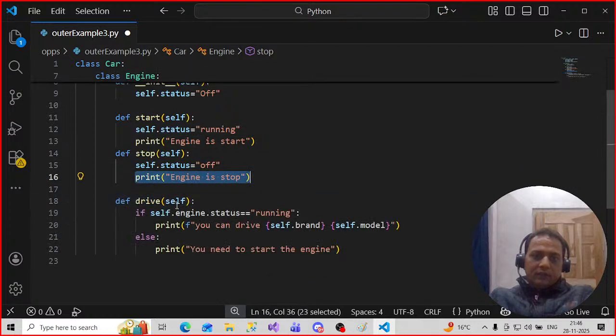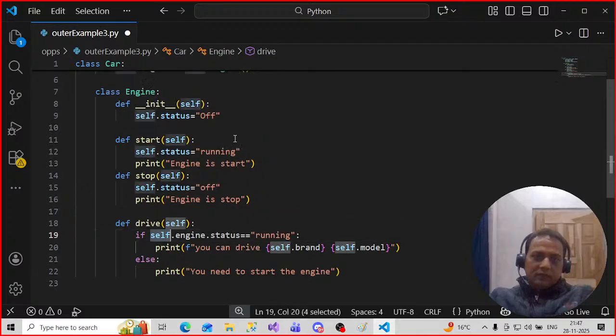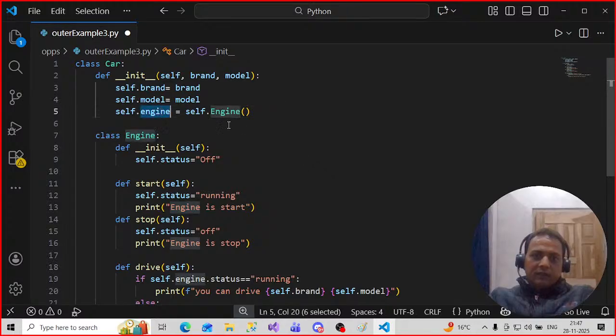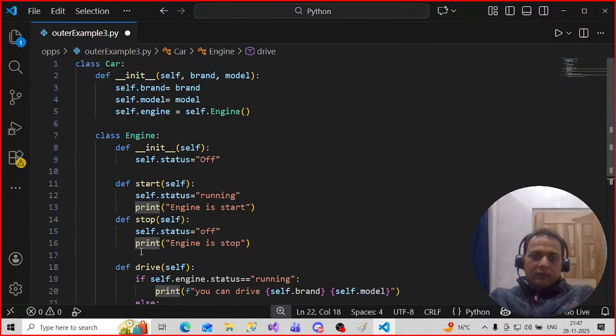In the drive method, what I will do, I will just check self.engine.status. What does it mean? Self.engine, and for this we have created this one, dot status equal to running. If the status is running, then whatever you want you can do, else do something else. So